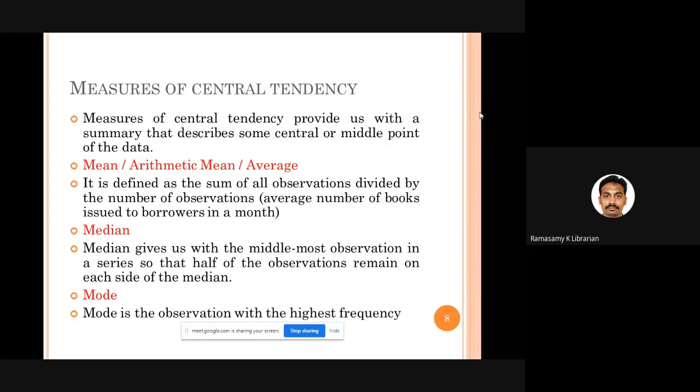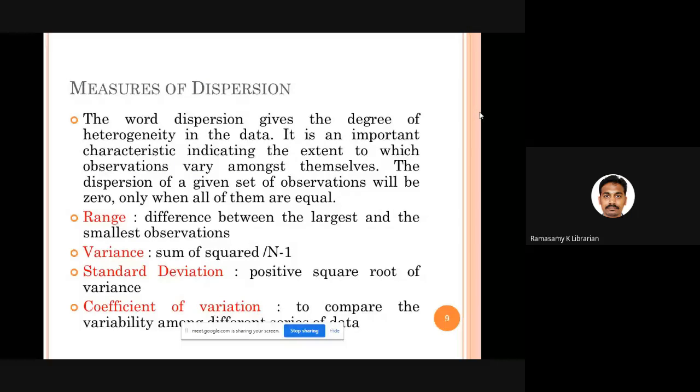Okay, fine. Then measures of dispersion. See, dispersion always tells you to what extent your data is varying among themselves. Okay. See, many a time we don't have homogeneity of data. We have heterogeneity of data. So what is heterogeneity? So when you see, for example, you go to a class and collect the data on the heights of students. Okay. For example, you are getting an answer from 10 students. For example, the height goes like this: 170, 171, 172, 169, 170, 171. That means there is not much variability in the data. The data is not so heterogeneous.